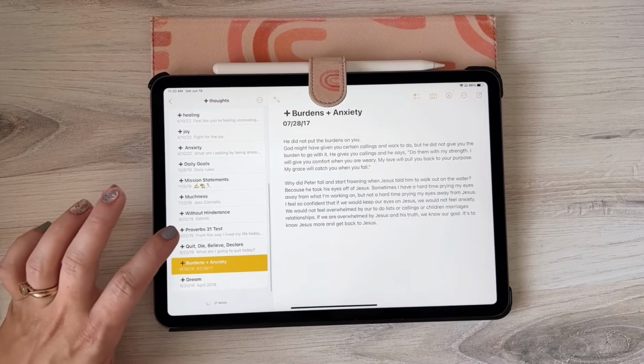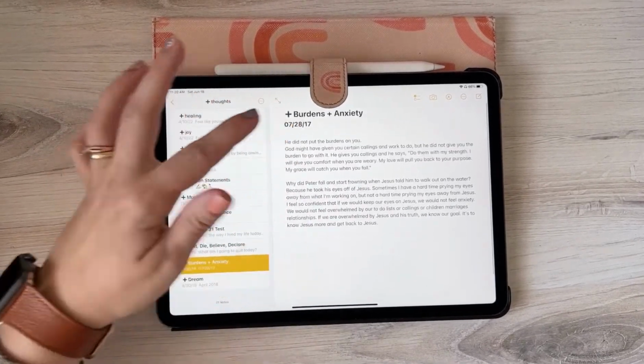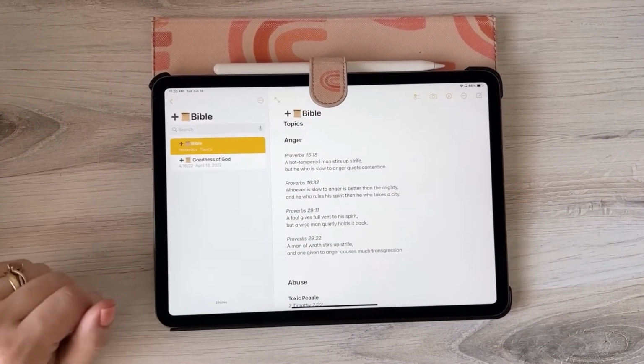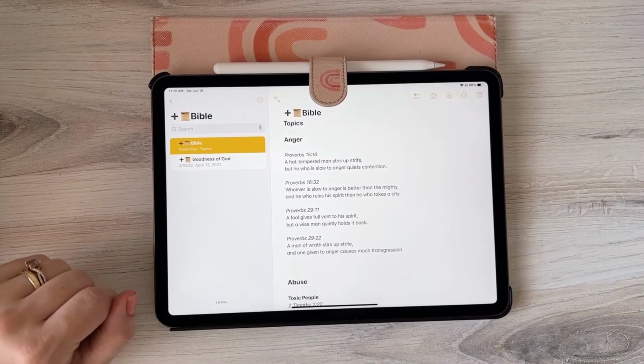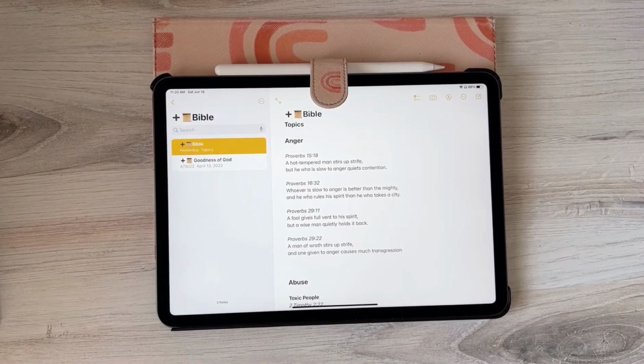So yeah. Again, just some thoughts, and then I wrote the date on that one. So those are the thoughts. This Bible is something I started, and I do want to continue doing it. It's where I just kind of write topics down, and I write Bible verses that are helpful to me, because